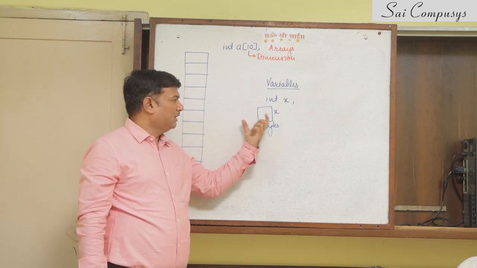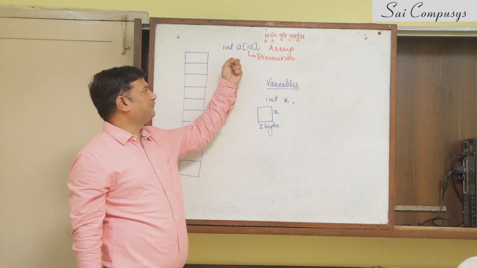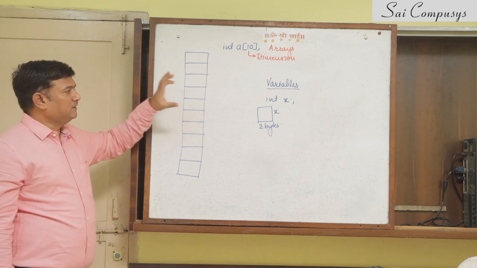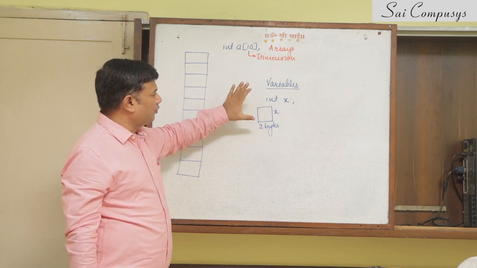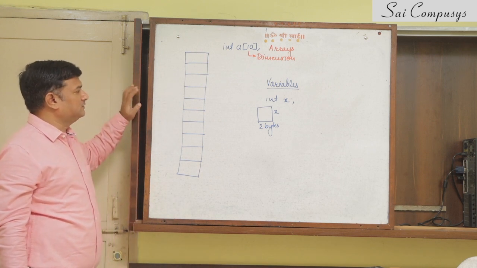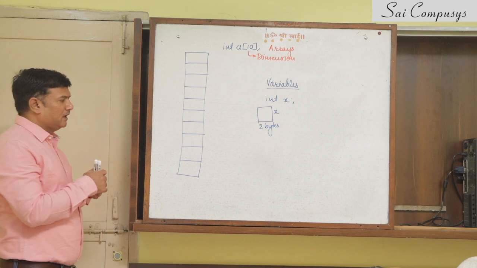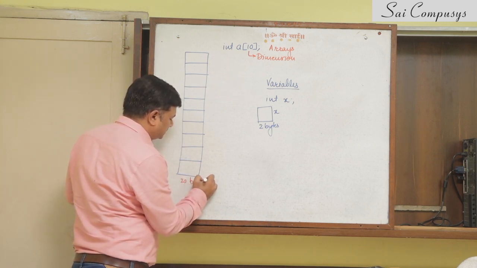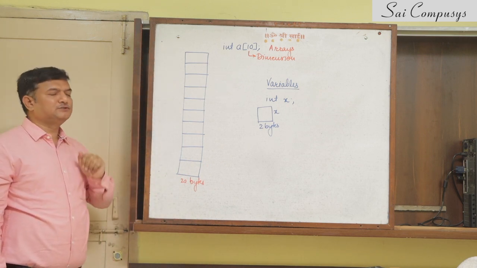Mind well, earlier a variable could hold only a single value. This variable is holding 10 values at a time. This is a variable, this is a variable. This variable can hold a single value. This variable can hold multiple values. In our example, it can hold 10 numbers. The array that is created in the memory will consist of 20 bytes. These 20 bytes can hold 10 numbers for you.